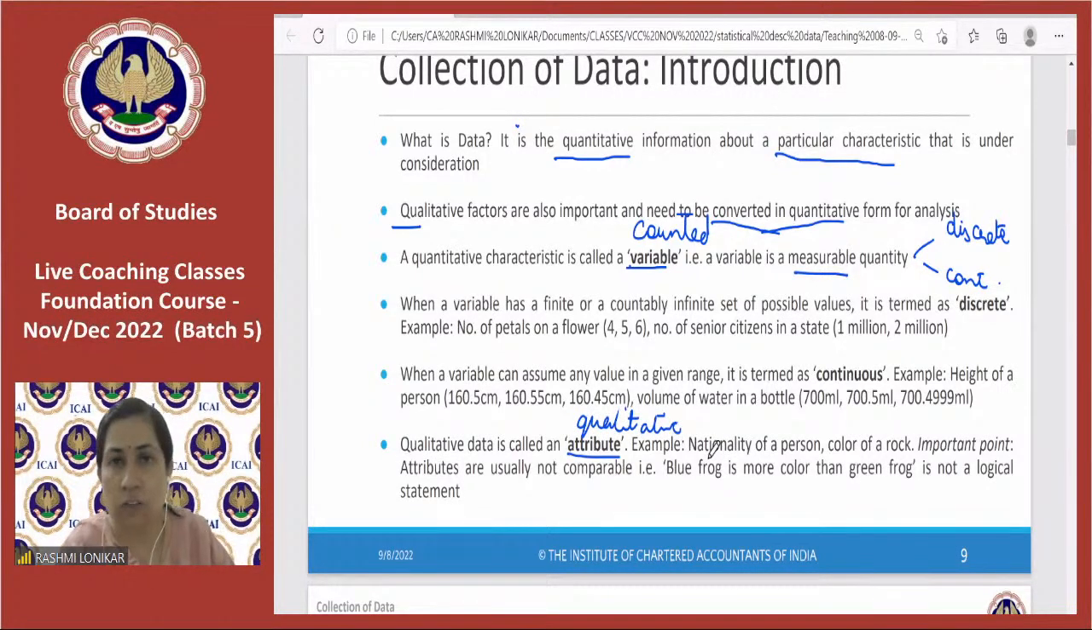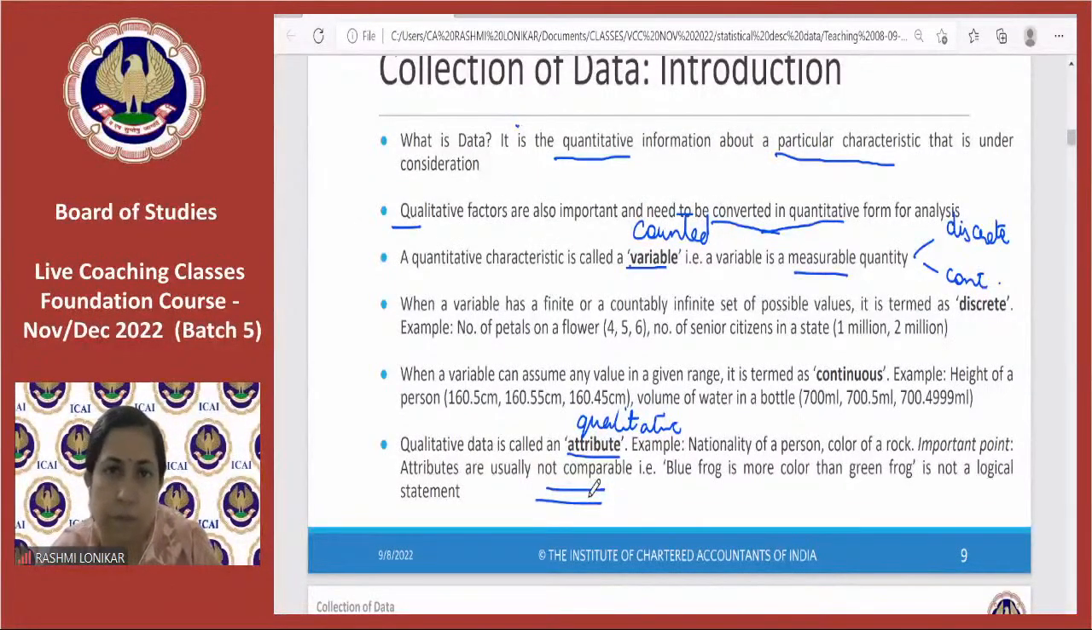Like nationality of the person or color of the eye. So we are talking about attributes. Yeah, attributes are generally not comparable. For example, I cannot say this rose, comparing this rose with another rose, in terms